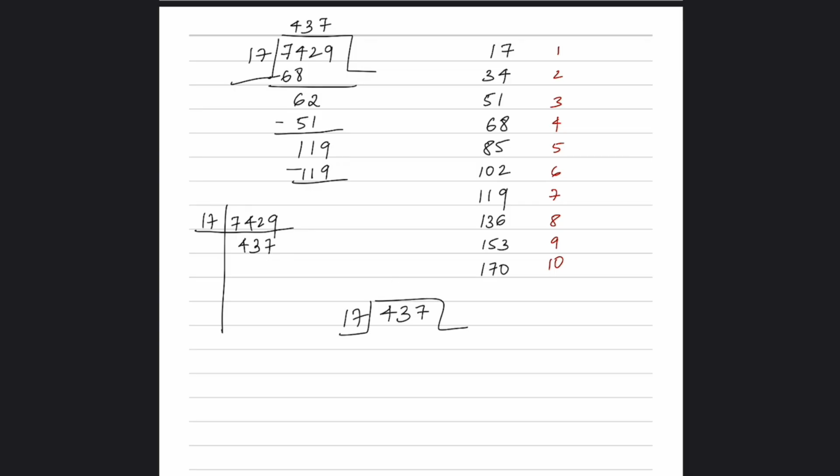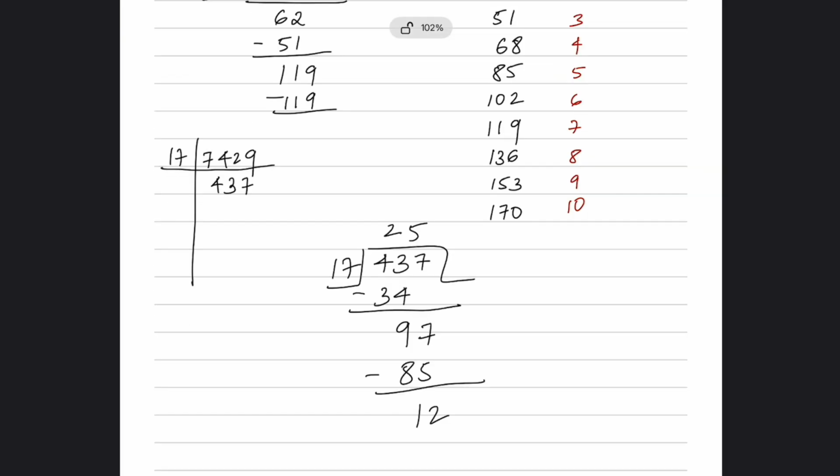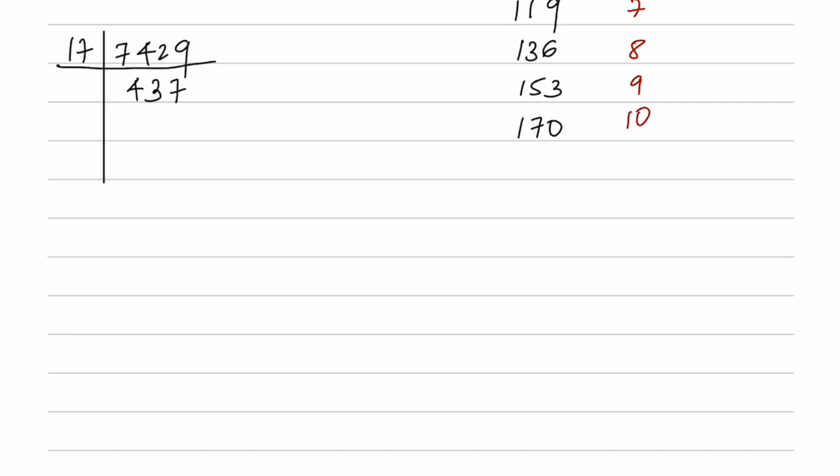So 17 2s are 34. So 9 is left behind. If I take that 7 down, I have 17 5s are 85. That will give you 12. Again 12 is not divisible by 17. So if you see, even 17 is not working out. So the next number that I'm going to try with is, I'm going to try dividing